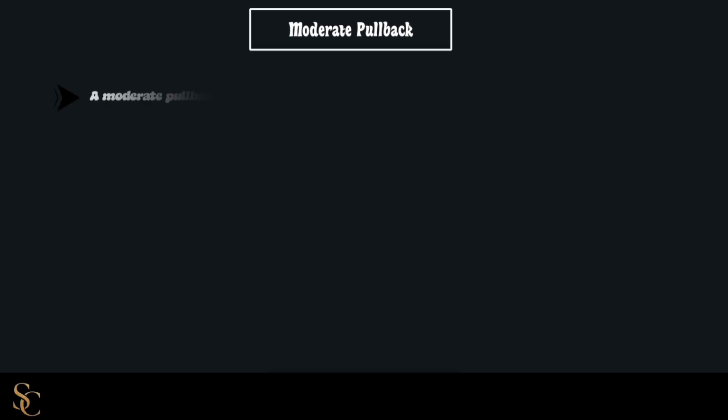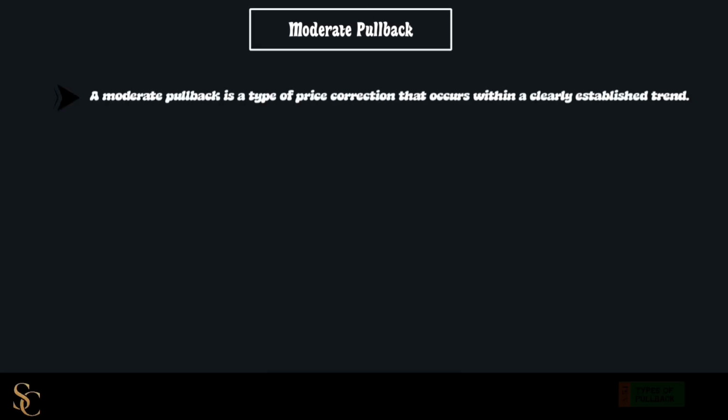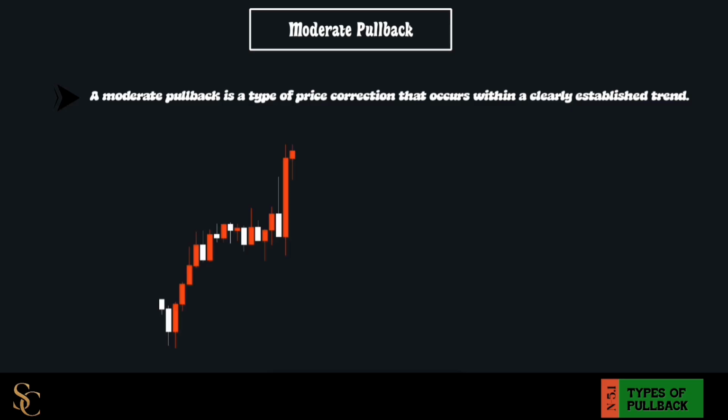Moderate pullback. A moderate pullback is a type of price correction that occurs within a clearly established trend. Unlike an aggressive pullback, which is sharp and rapid, or an extended pullback, which is long and deep, a moderate pullback is gentle, controlled, and temporary. It represents a natural pause in the market, giving the trend a chance to breathe before continuing in its original